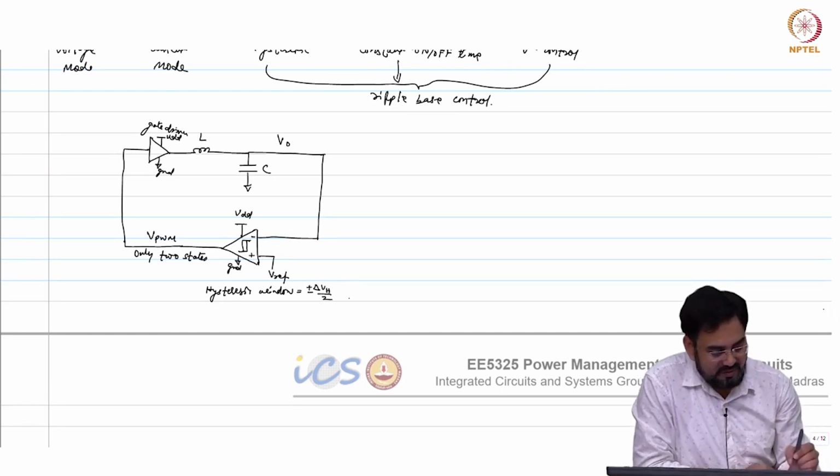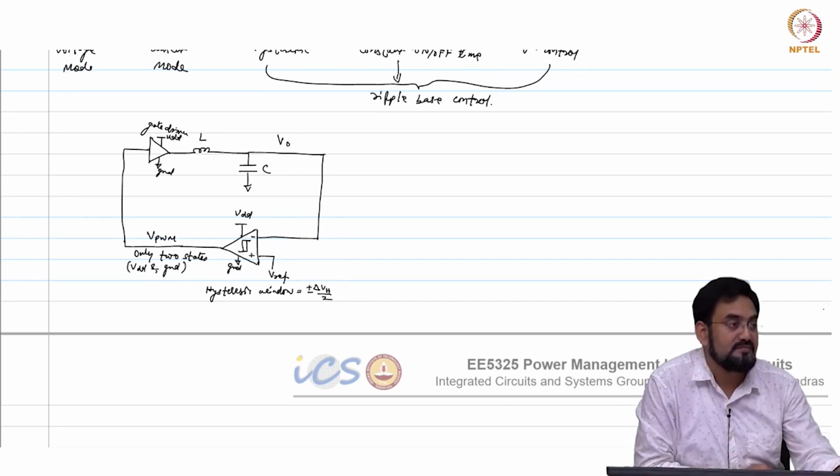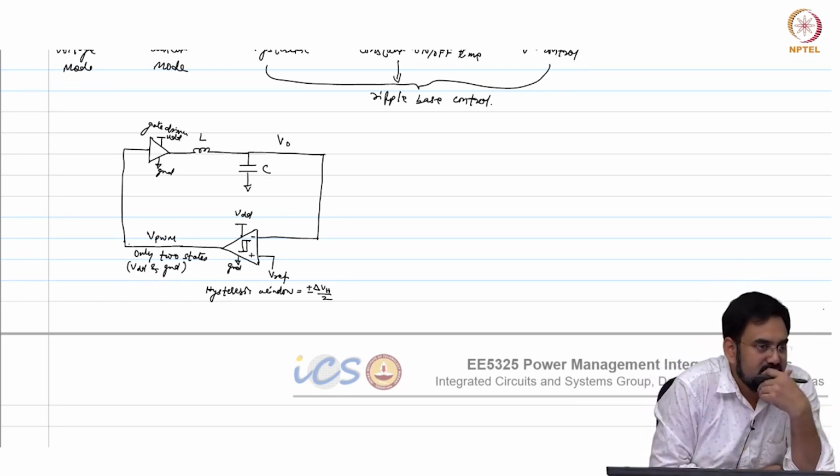Okay. VDD and ground. So which means you are directly getting the clock here, instead of taking the V control and comparing with the ramp. So